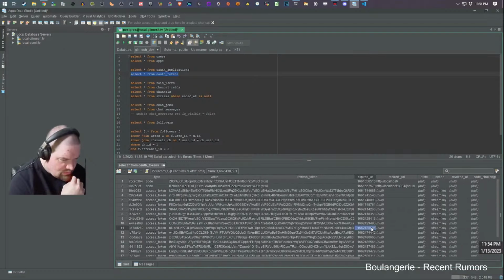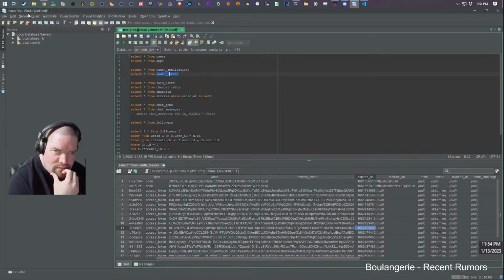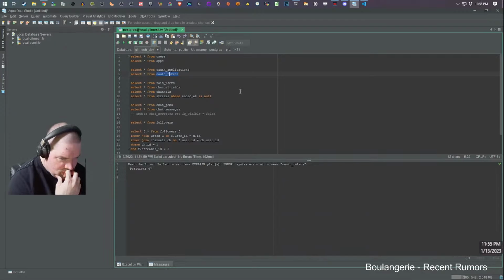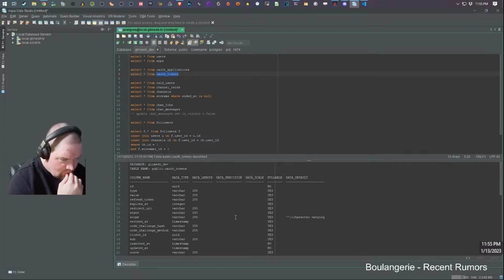Expires at is the number of seconds. It's not even correct. It's the number of seconds since midnight. What the hell's my query? Explain. Not explain. Right. That one.